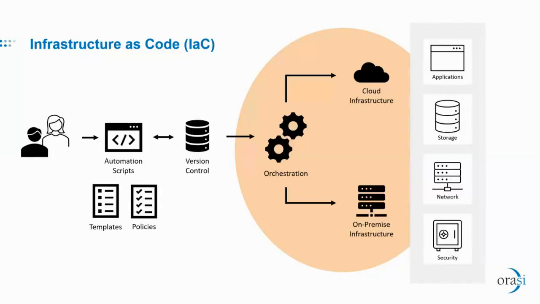Now, as development, as IT, we've been building scripts for a long time. I mean, since the first line of code was written, somebody tried to figure out some way to automate the process. So, we've been doing a lot of that kind of automation work for a long time. But what's new now with infrastructure as code is this orchestration layer. That orchestration layer is a set of tools and techniques that take those scripts and intelligently apply them to the